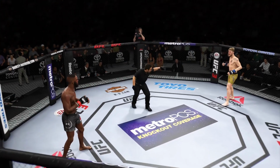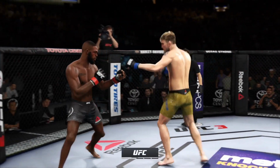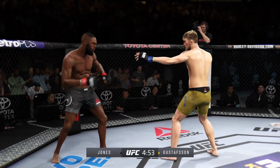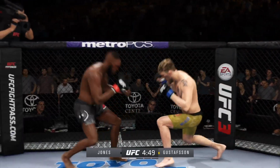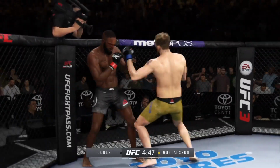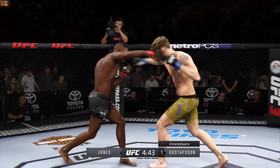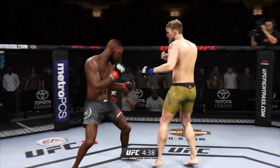Here we go, second round. Round 2. Look for him to go on the attack early in this round to try to pick up where he left off in the last round. His opponent was dazed and in big trouble when that round ended. Alexander the Mauler Gustafsson is one of the finest fighters in the UFC's light heavyweight division. He's incredibly tall for the weight class, has outstanding...